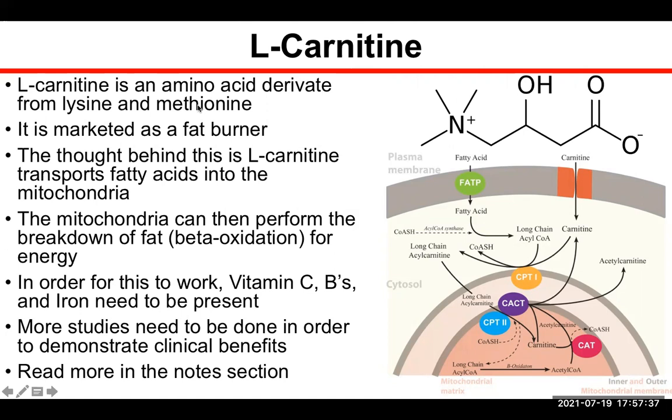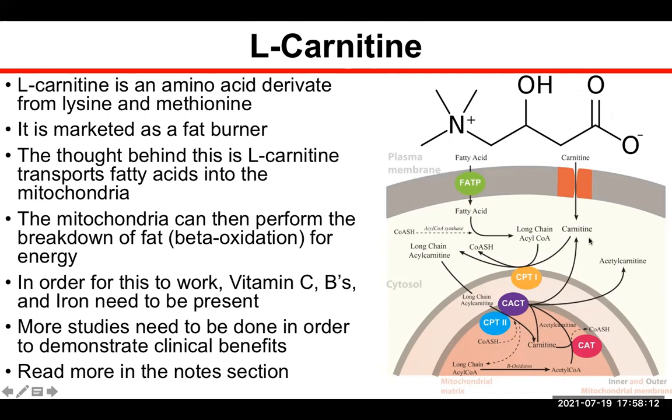And the reason why the student was asking me is because it's right now marketed as a fat burner. And the reason why people are marketing this way is because of these biochemical pathways that happen within the mitochondria. I'm going to emphasize it multiple times: the reason why the mitochondria is the powerhouse of the cell is because it's able to take in these macromolecules, or the monomers of the macromolecules, and utilize them for energy